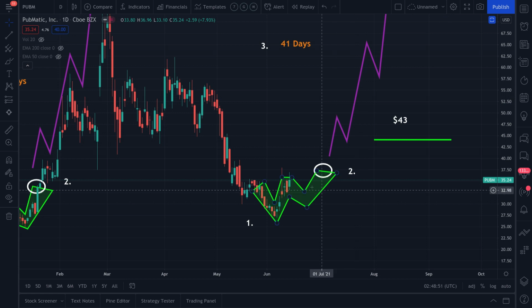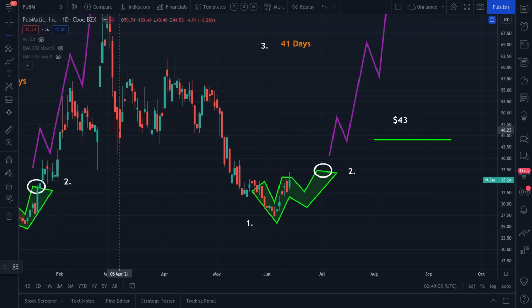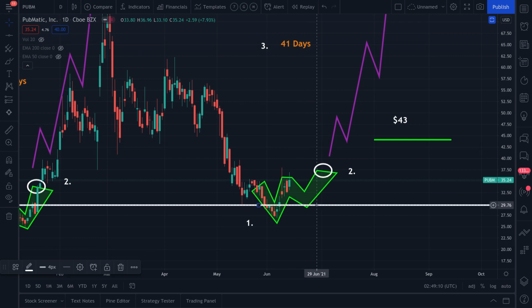And if you're not interested in chasing markets, which I don't really like buying into markets after they've gone up, but if you are patient, or if I were patient, this is what I would do. I would actually wait for a retracement. So the one level that I'll leave on this video, understanding that if the market does retrace, if it stays above one level, it'll be right there at about